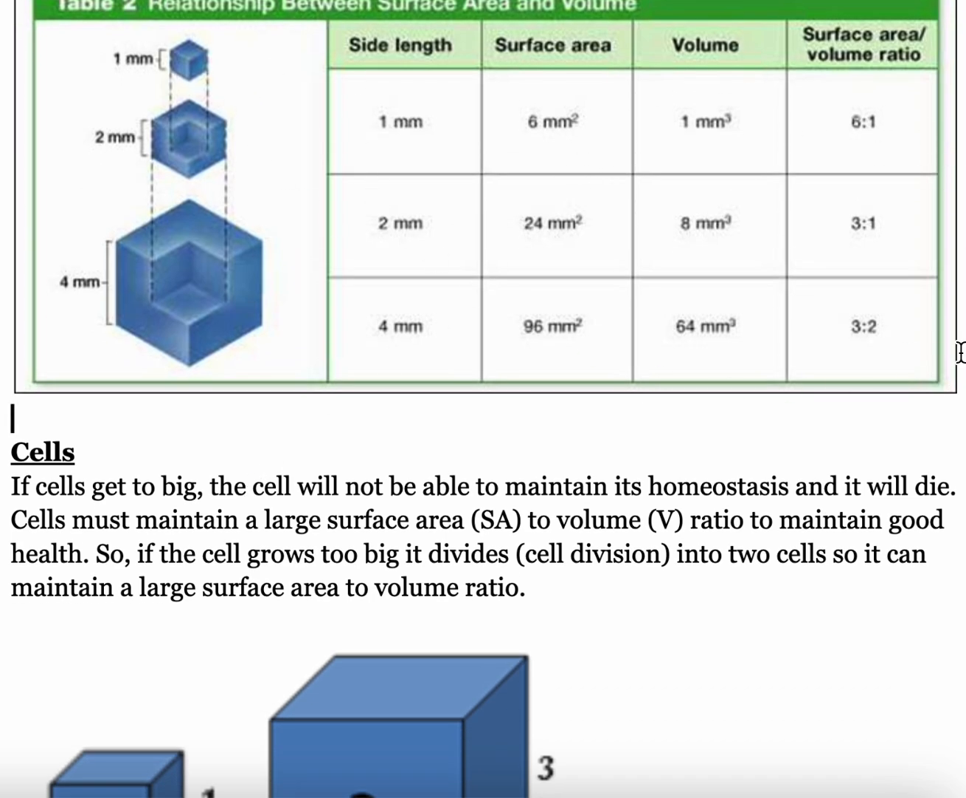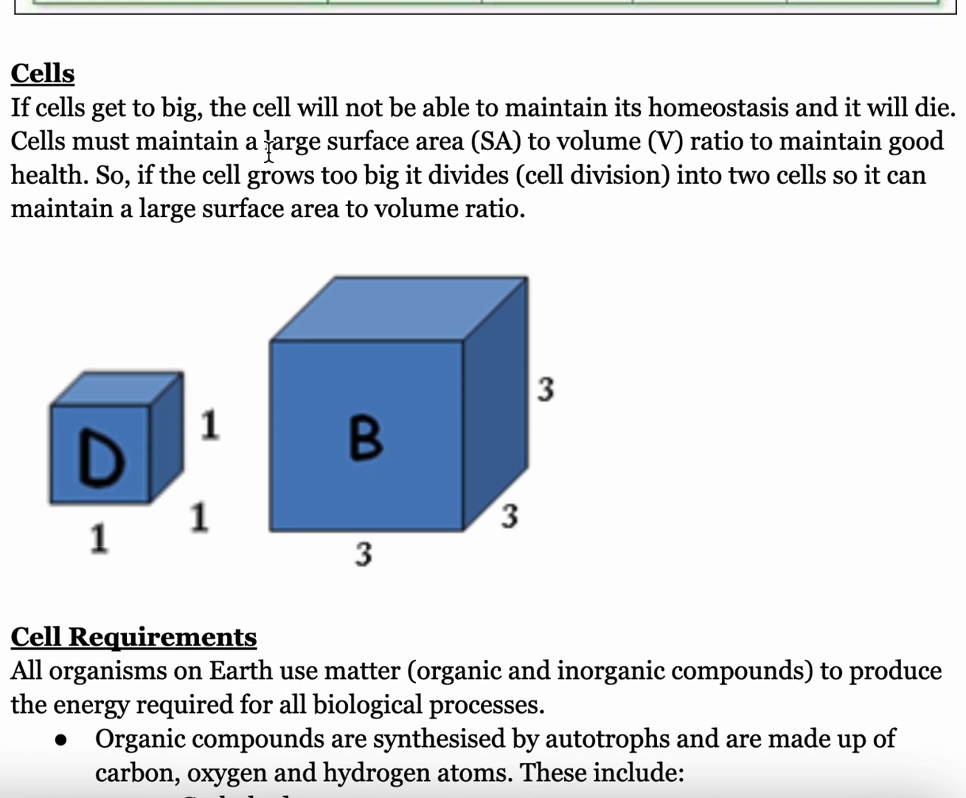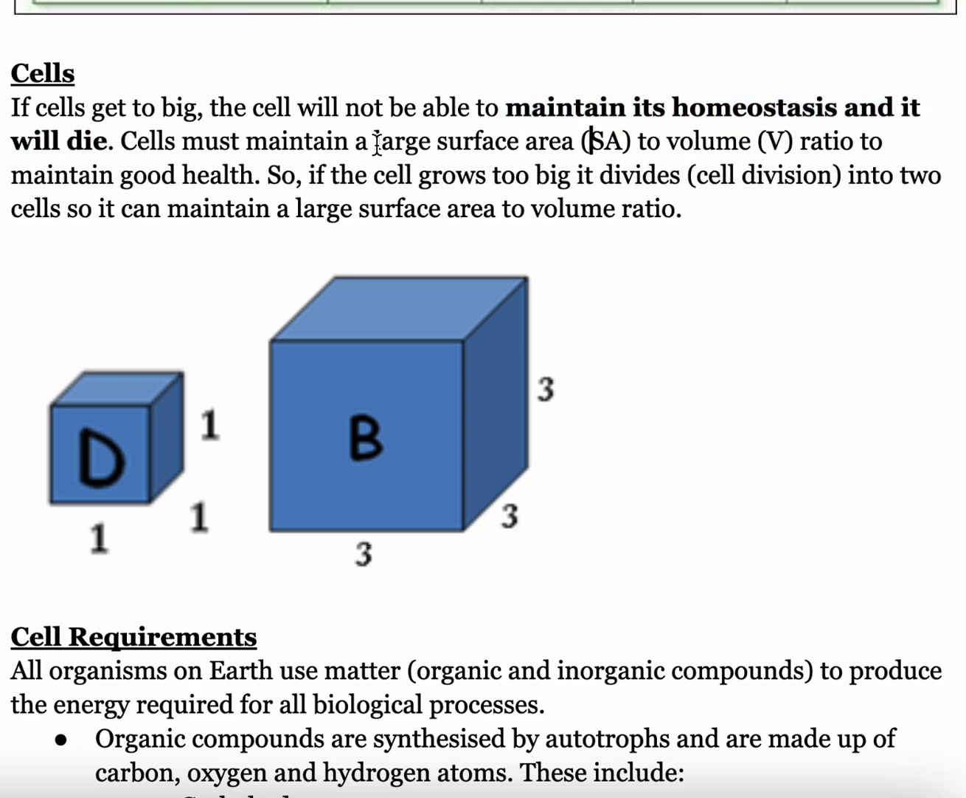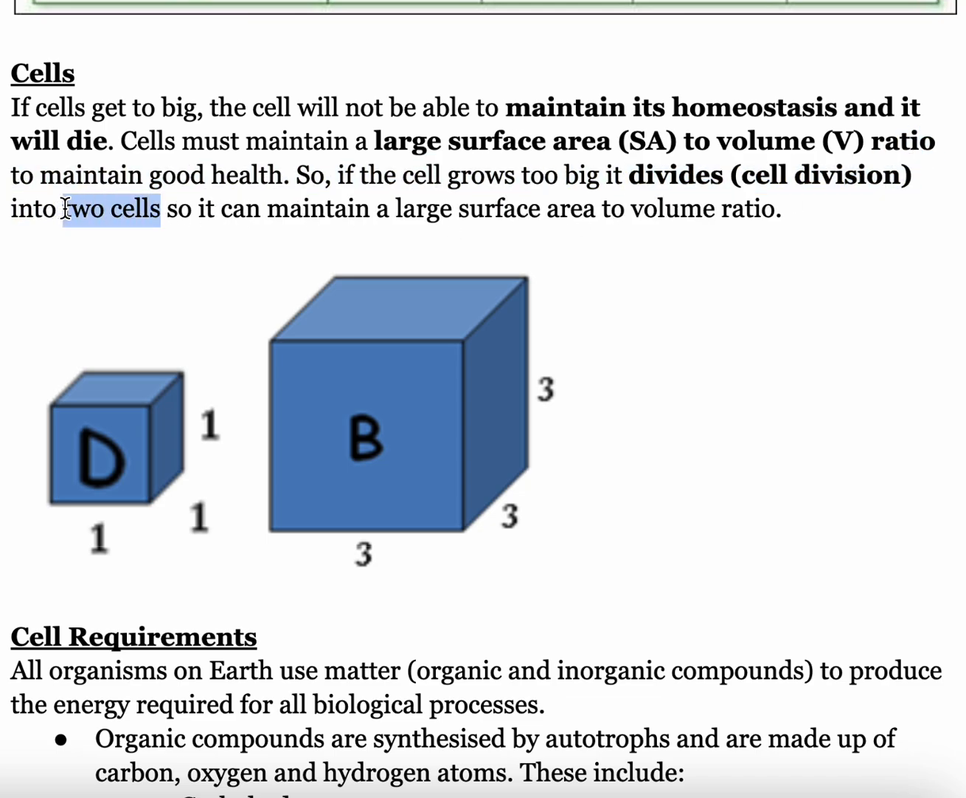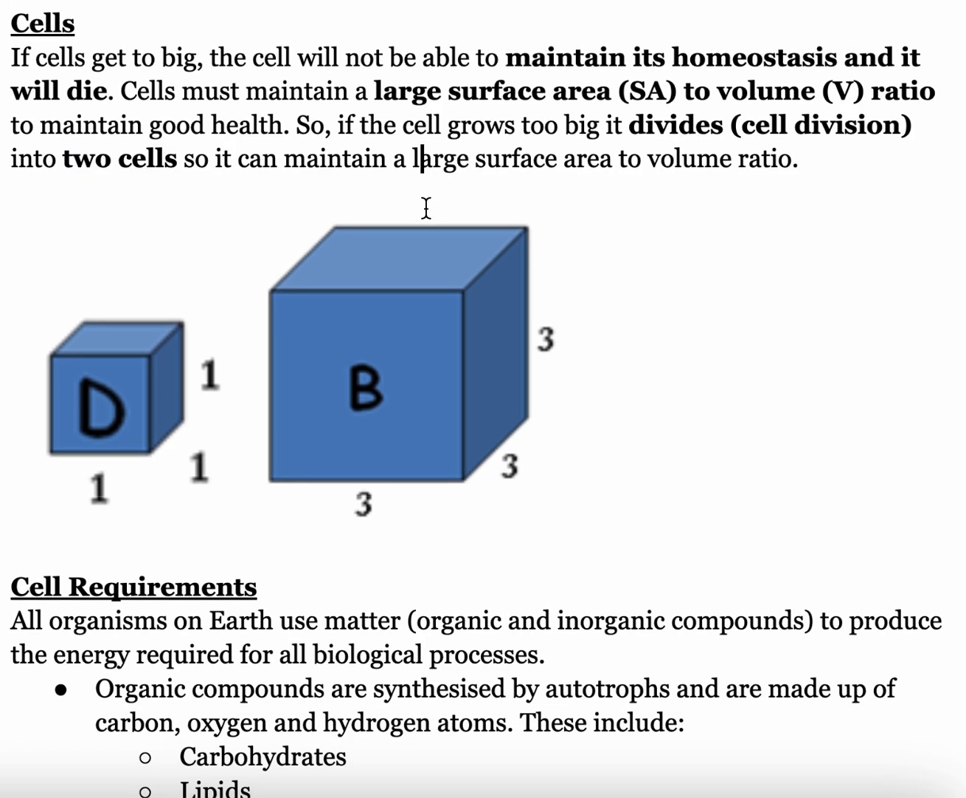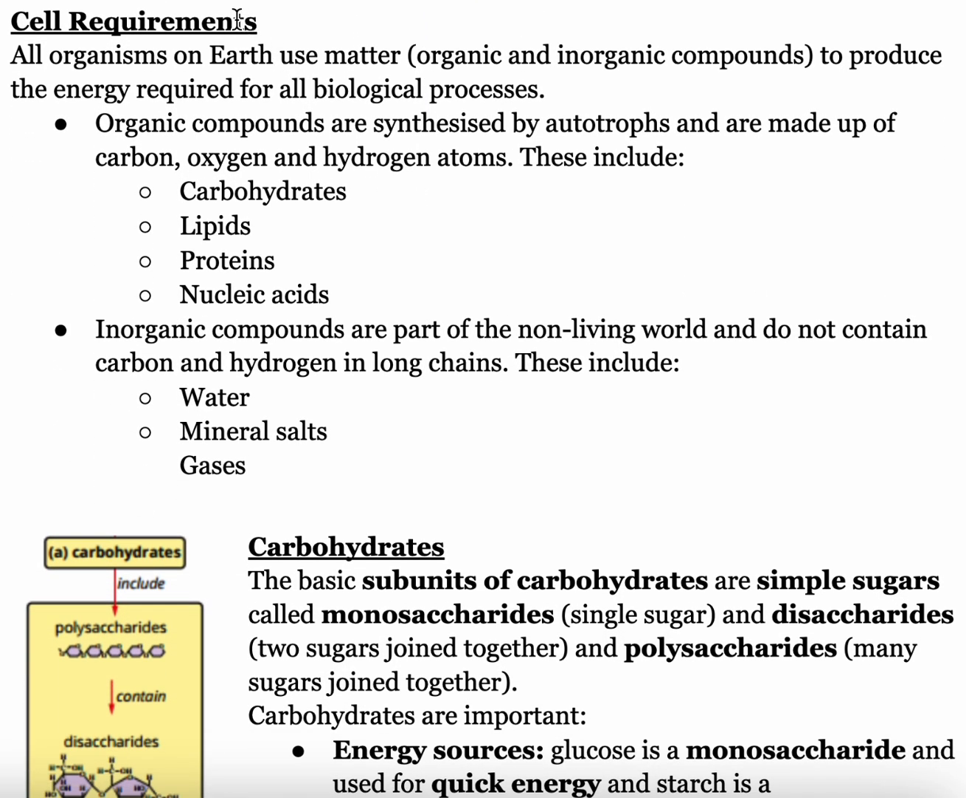As you can see here, if cells get too big, they will not maintain homeostasis and will die, because they need a good surface area to volume ratio to maintain good health. So if the cell grows too big, it will go through cell division into two cells so it can maintain that ratio. Cell requirements. All organisms on Earth use matter to produce the energy required for biological